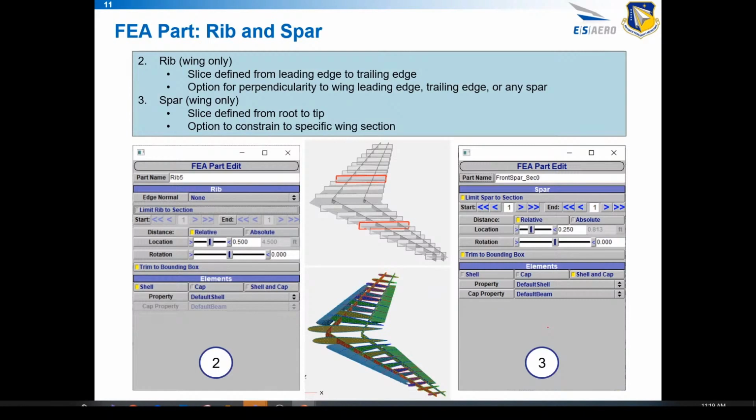For both of these types, you can specify the distance as relative or absolute. You can specify a rotation. So this is going to be just a rotation about, I believe, the z-axis for a wing. So one limitation here that we have at the moment is